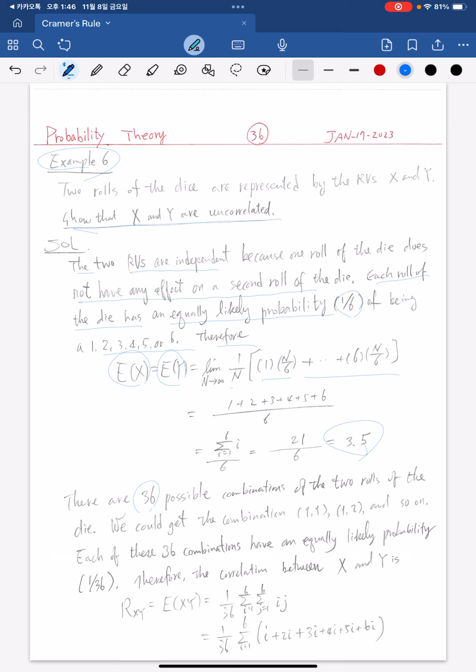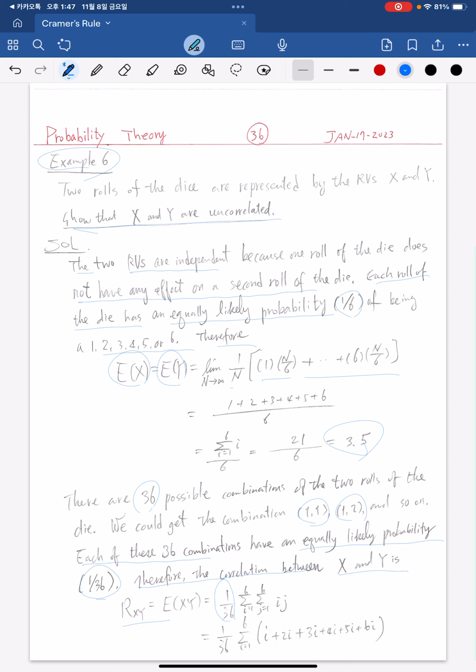There are 36 possible combinations, 6 by 6니까. Combinations of two rolls of the die. We could get the combination 1,1, 1,2, and so on. Each of these 36 combinations has an equal likelihood, probability 1 over 36. Therefore, the correlation between x and y is